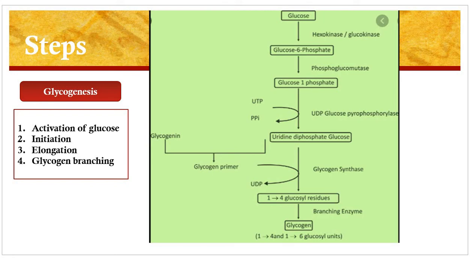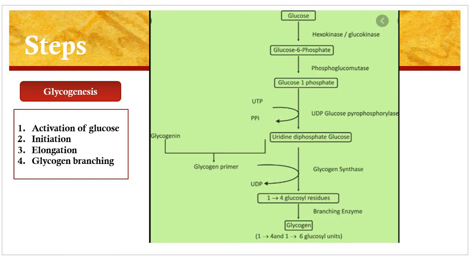So the first part of glycogenesis is activation of glucose, in which there is a formation of uridine diphosphate glucose. That means all of these 3 steps come in the activation of glucose. In the first step, glucose is converted to glucose 6-phosphate. We have already seen this step in glycolysis. The step takes place in the presence of hexokinase enzyme, which requires 1 ATP molecule.